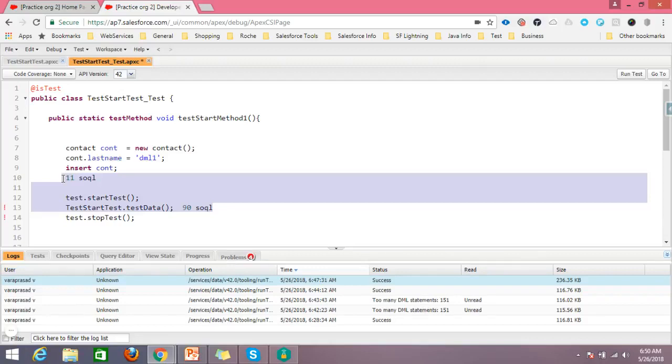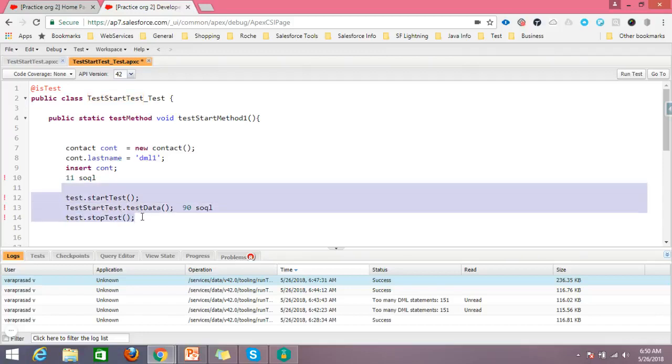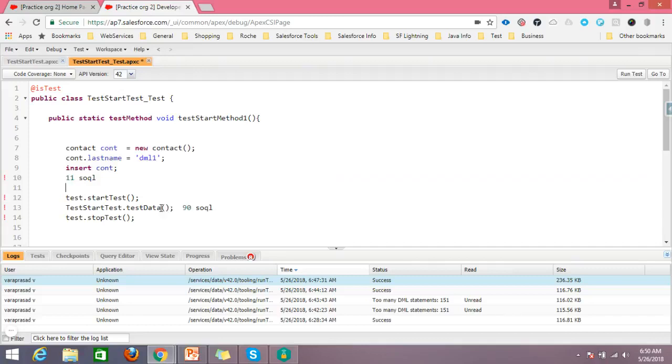It will throw an error: too many SQL queries. So the 90 SQL queries in the class execute in a separate context, with their own governor limits. Like that, SQL queries, DML statements, anything.